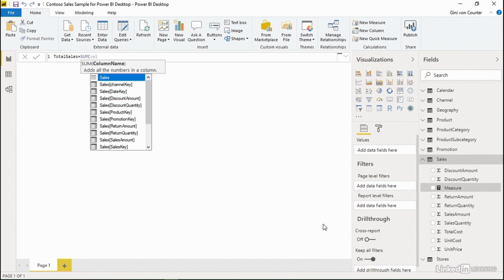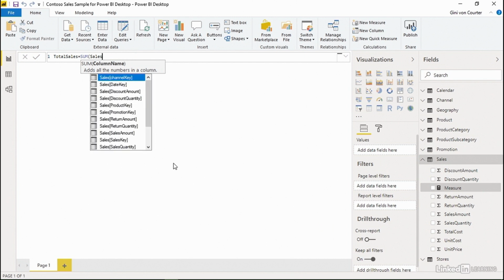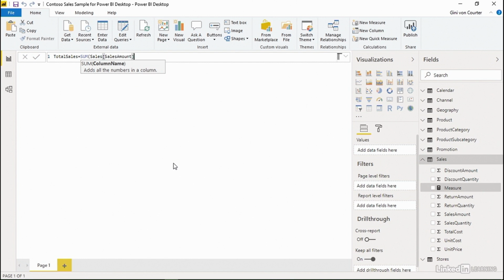So I'm going to begin by typing sales, and then if I wish, I can either click on sales amount and double click, or I could have, if I wished, from sales, tab down and hit sales amount. There are a number of different shortcuts here, and I need to close the parentheses to finish the end of this measure, and then I can press enter. And I have a new